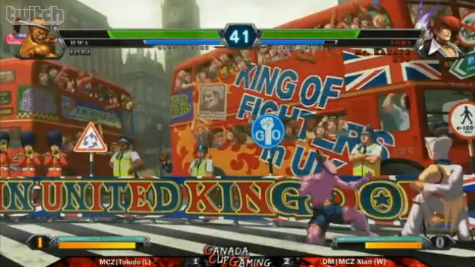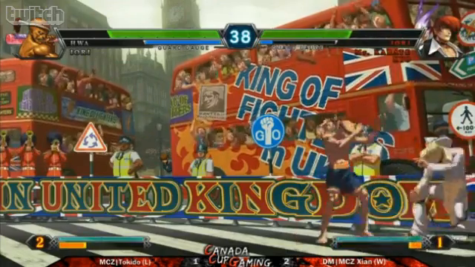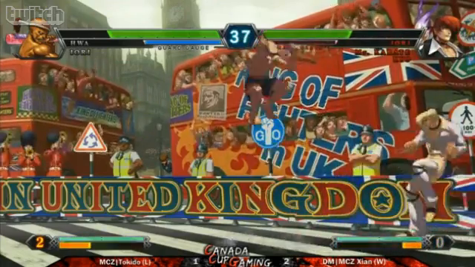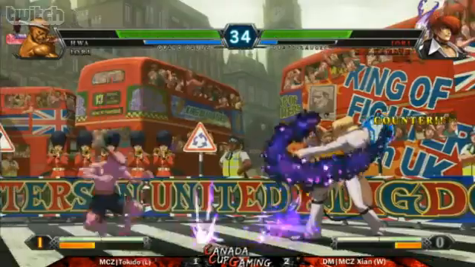Tokido's trying to make something happen here, but Xian's not going to let him have it easy. Yeah. He's stuck in the corner now, though. This is kind of a bad place to be. He rolled the wrong way. But Tokido backs off to get drunk. And